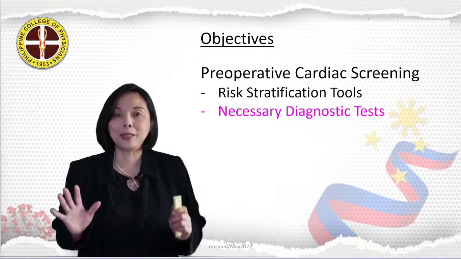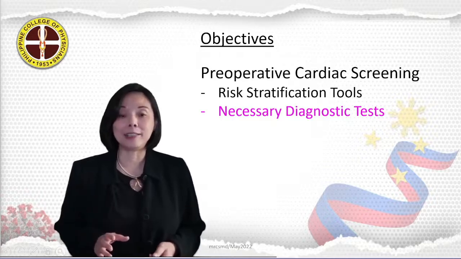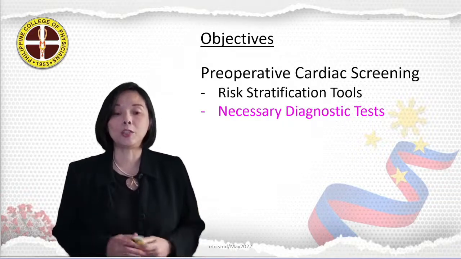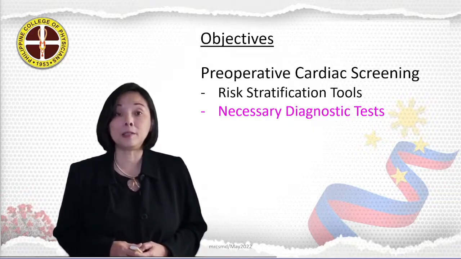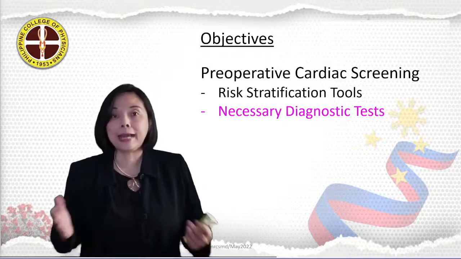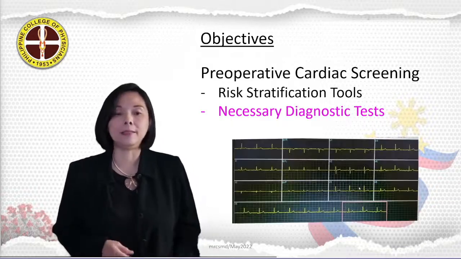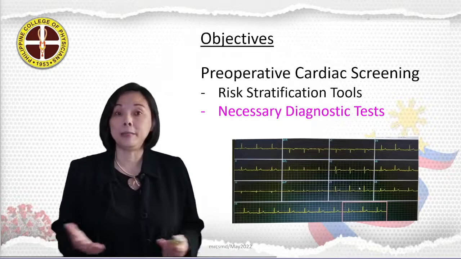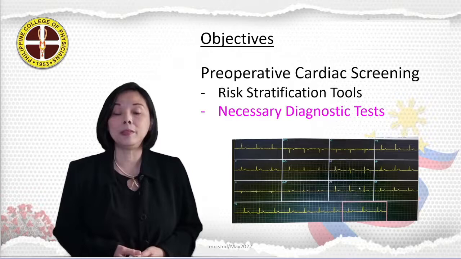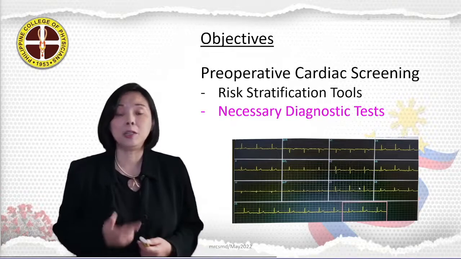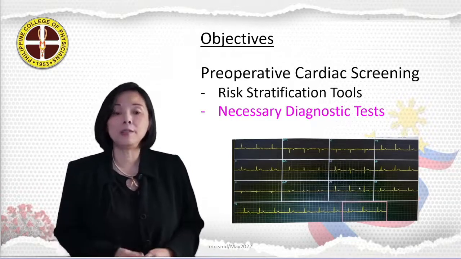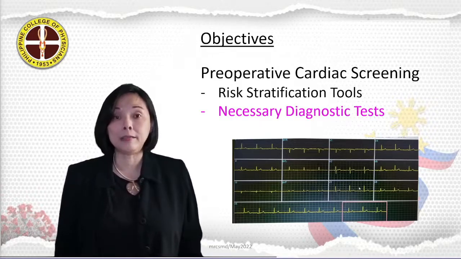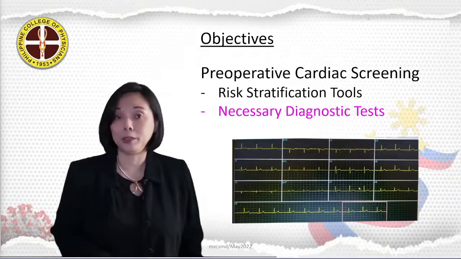Now, this is when the question on necessary diagnostic tests come in. Since we are talking about cardiac screening, we will no longer mention tests that are meant to identify the presence of other medical conditions. The guidelines agree and they recommend that a baseline ECG should be done. If abnormal, it will provide a basis for further investigations to determine the existence of ischemia, heart failure, significant arrhythmia, or severe valvular disease. If normal, then it will serve as the baseline for comparison if a perioperative event is